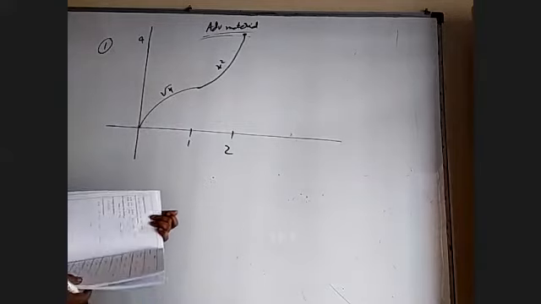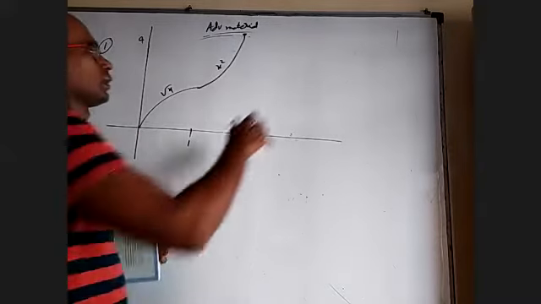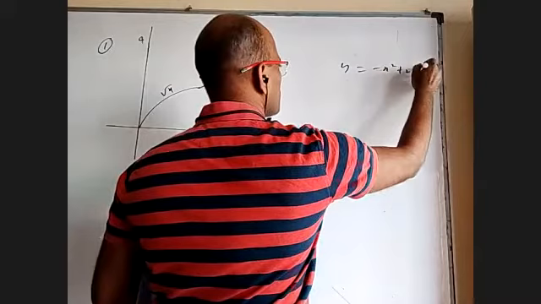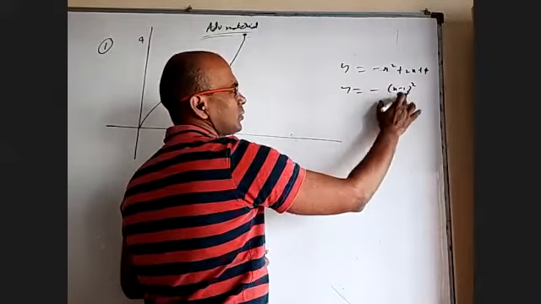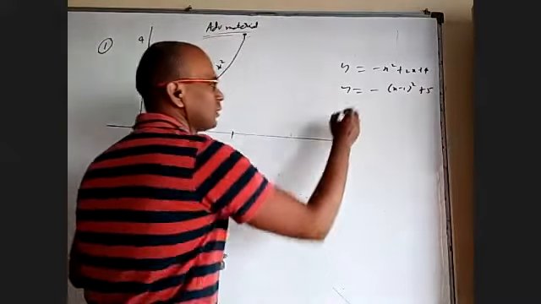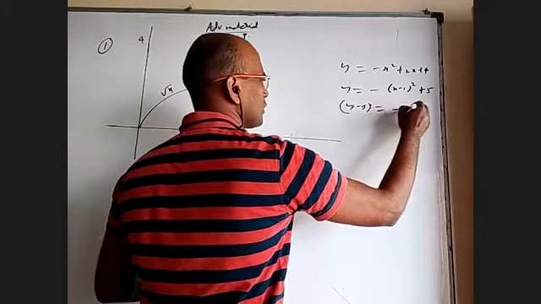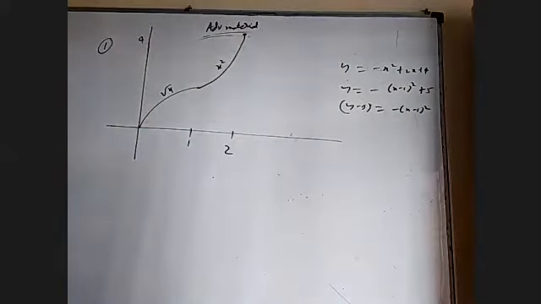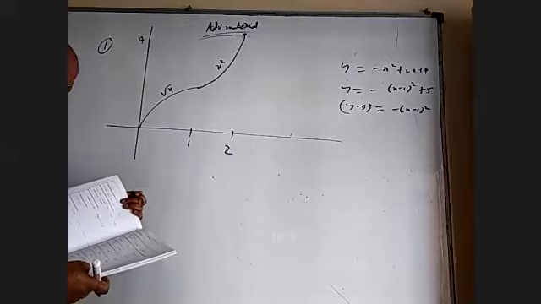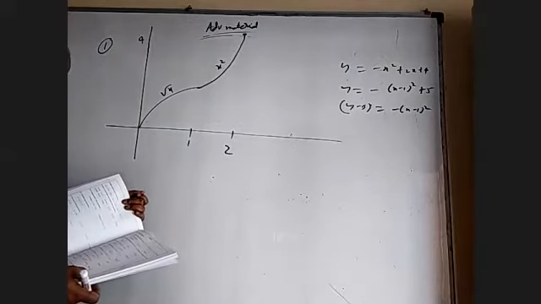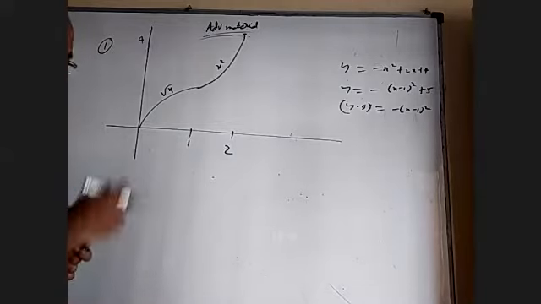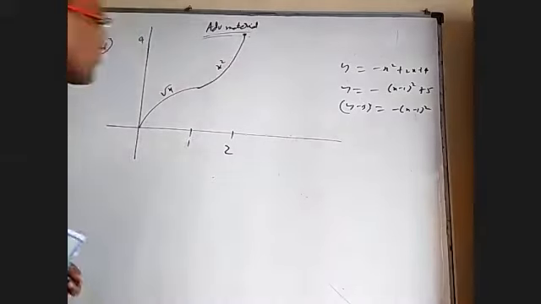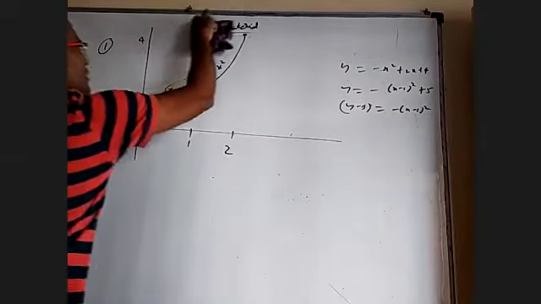Between 0 to 2, another parabola, minus x square plus 2x plus 4. Y equal to minus x square plus 2x plus 4. We can also write this as minus x square plus 2x minus 1, so plus 5, that is minus of x minus 1 whole square plus 5. Somebody can write y minus 5 equal to minus of x minus 1 whole square. This is a downward parabola with vertex at 1, 5. And at 0, what is the value? 4. At 2 also, it will be 4 only. Oh, this becomes too big a figure to draw. It's okay, I'll manage here.